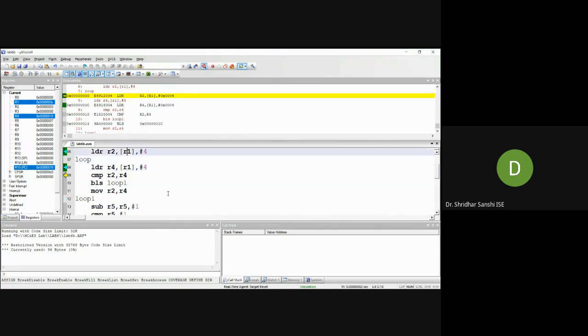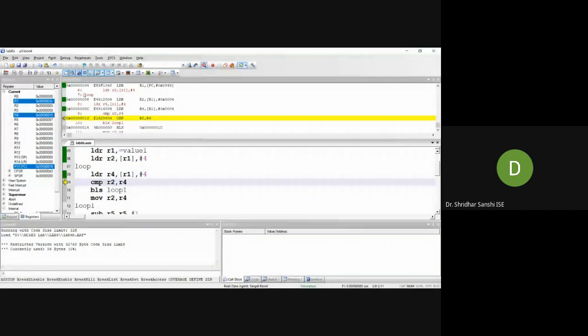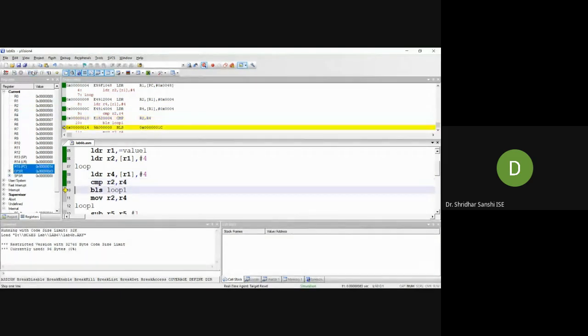This next element we are taking into register R4. So we are comparing R4 with R2, and since it is less than, the BLS loop will be executed.